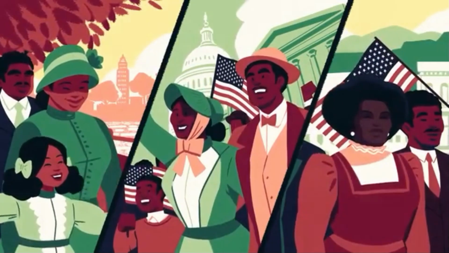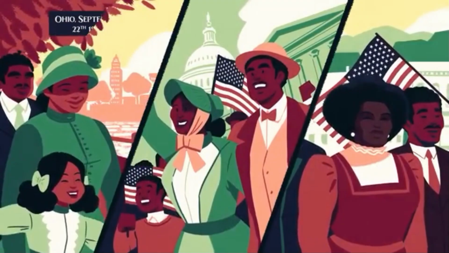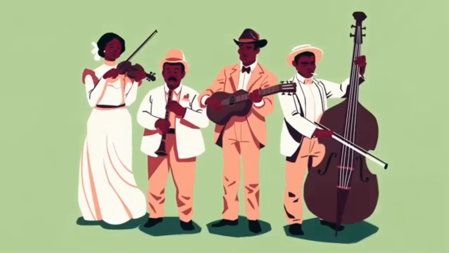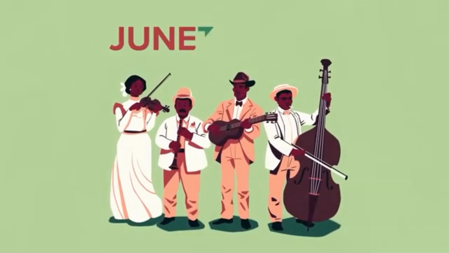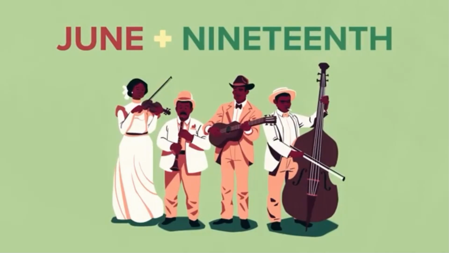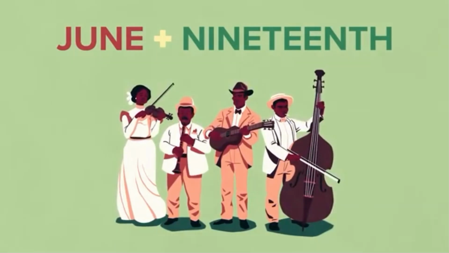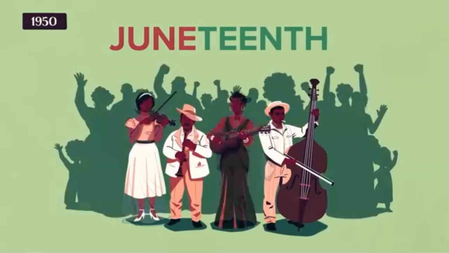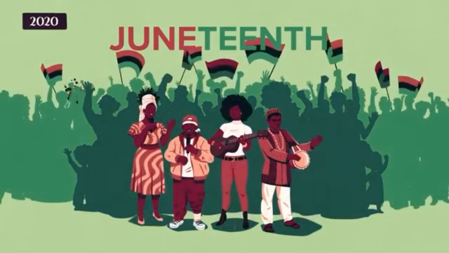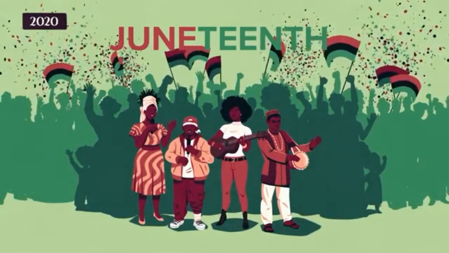Because official emancipation was a staggered process, people in different places commemorated it on different dates. Those in Galveston, Texas, began celebrating Juneteenth, a combination of June and 19th, on the very first anniversary of General Granger's announcement. Over time, smaller Juneteenth gatherings gave way to large parades, and the tradition eventually became the most widespread